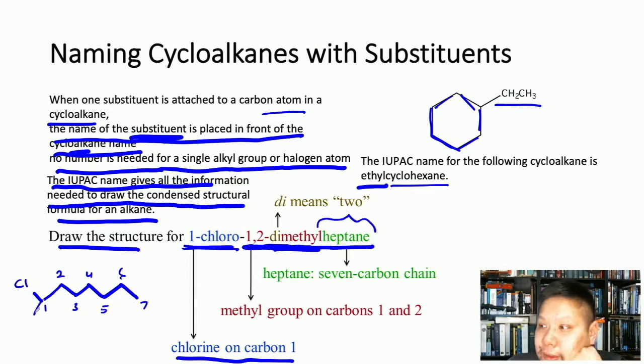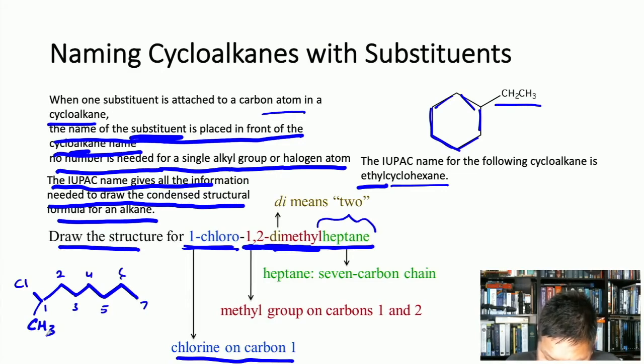By the way, the first carbon is also known as the alpha carbon. So you might hear me say carbon 1, I might use it synonymously with alpha carbon. It means the same thing. So there's a CH3 there, right? And this is a line angle, so normally you wouldn't even see that CH3 there, right? It would just be a line, and then you would assume that the CH3 is there.